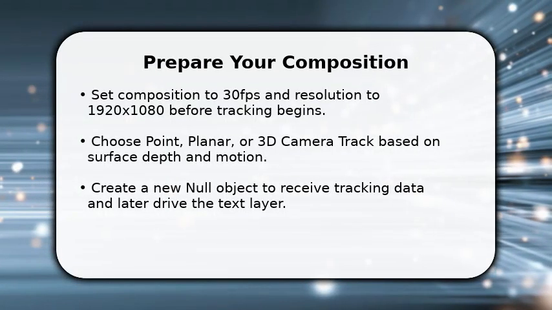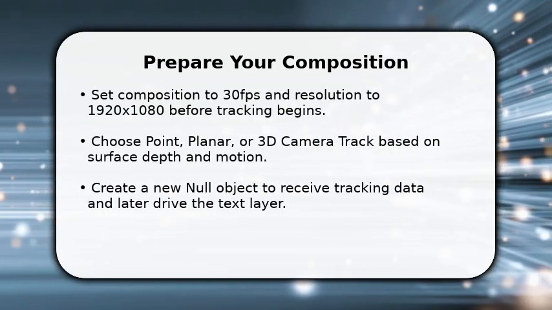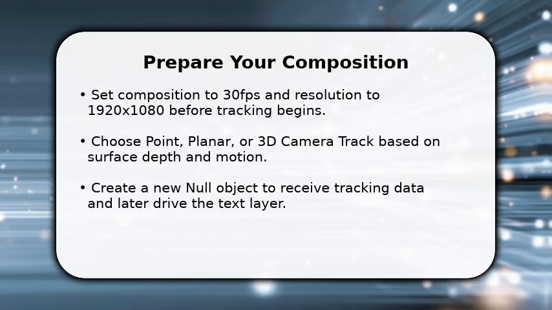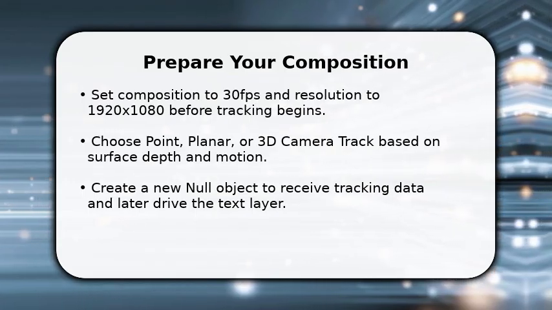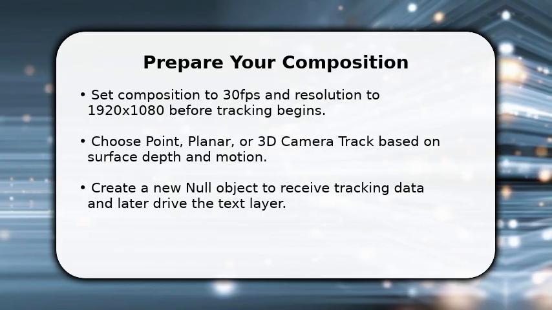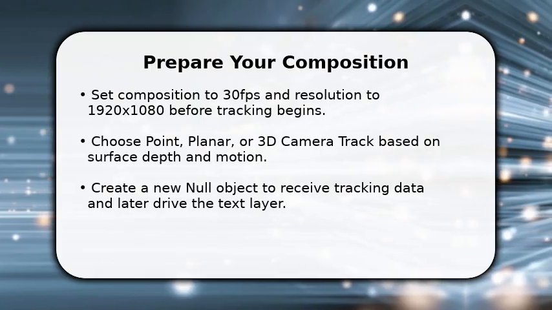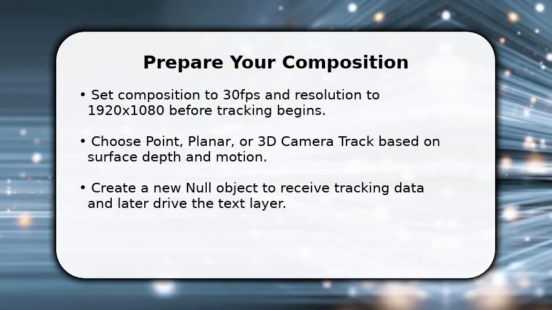Start by setting your composition to 30 FPS and resolution to 1920 x 1080 for consistency. Import your footage and scrub to the ideal frame for tracking point contrast. Open the tracker panel and choose point, planar, or 3D camera track based on surface depth and motion in the